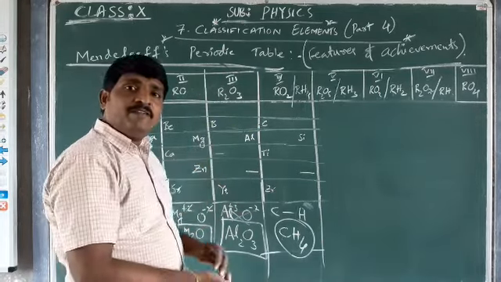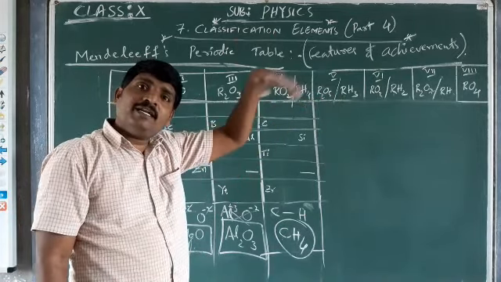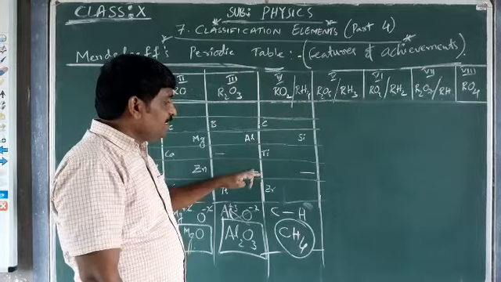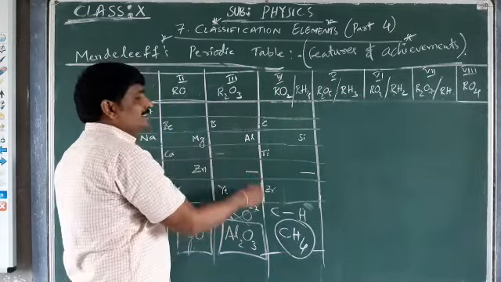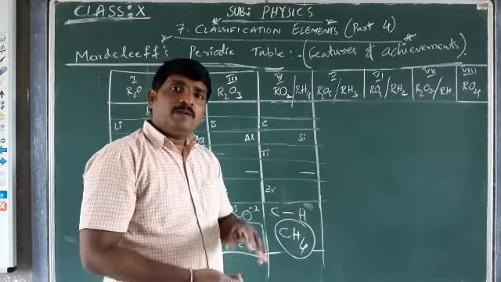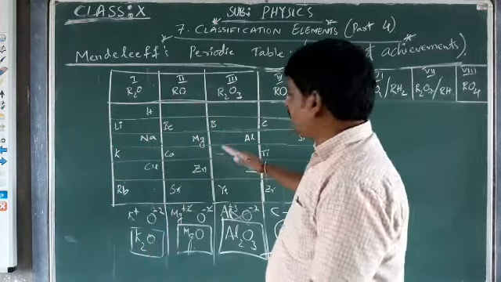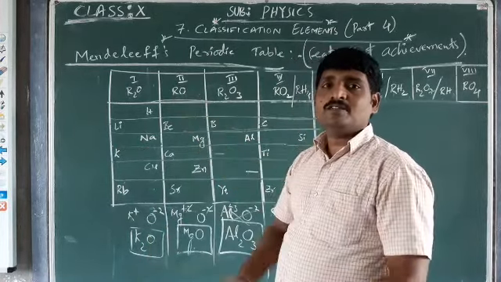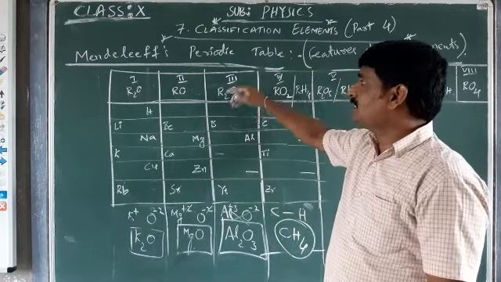Some element will be discovered later. What he predicted before only. If an element is discovered later and settles at this point, it is going to have the same properties. That was his prediction. Before, prediction is nothing but he gave the space beforehand and thought some element would definitely be discovered later and settle at this place with the same properties.